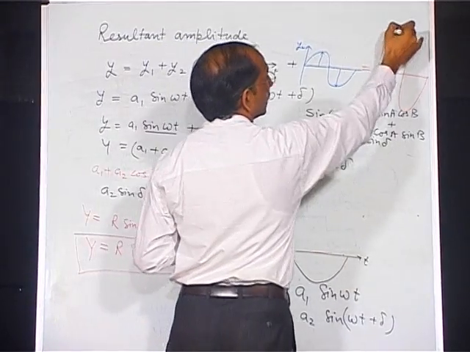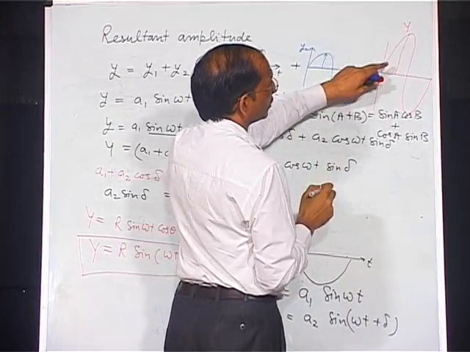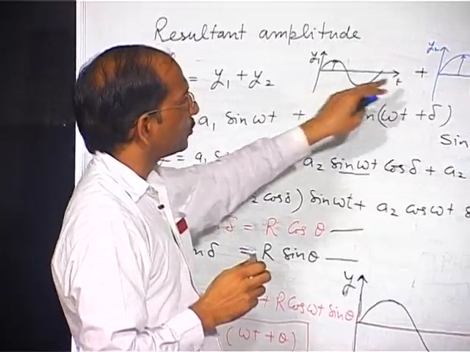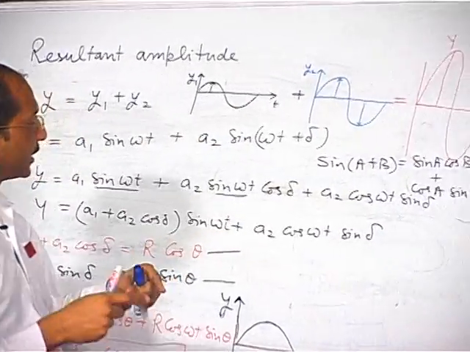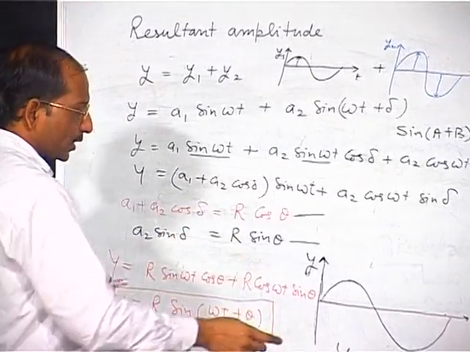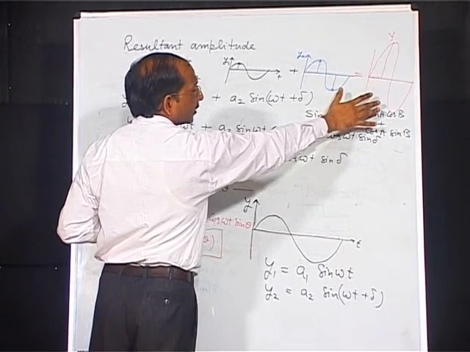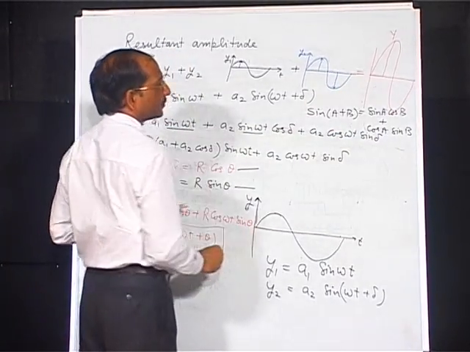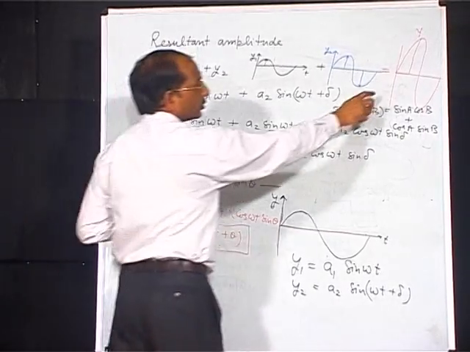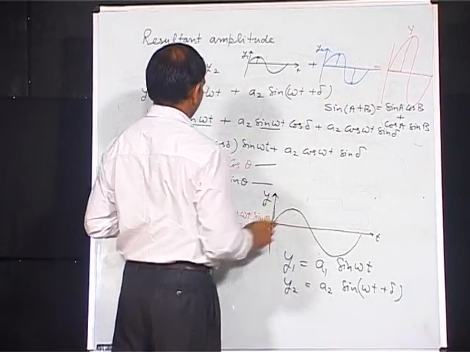So, this is y, this is our y, and this is the resultant displacement of the particle because of these two waves which propagate simultaneously into the medium and hit that particle at a particular time t. So, this is the resultant wave because of the interference that takes place in the medium. This y basically corresponds to this wave, and this wave is responsible for the interference.